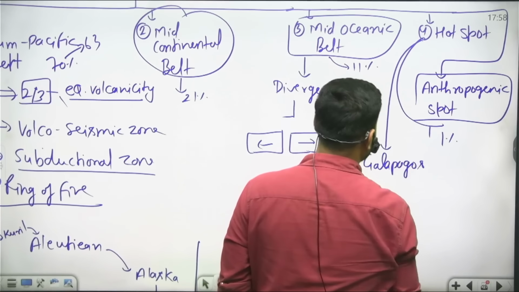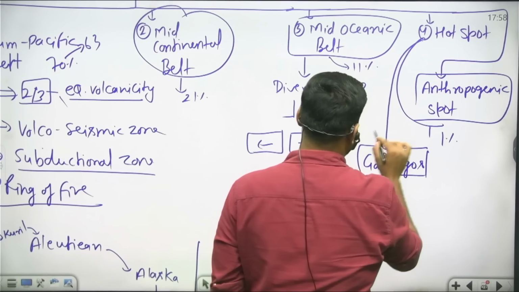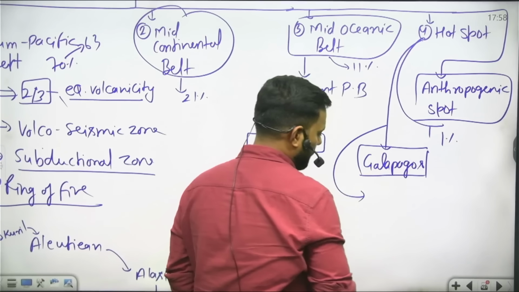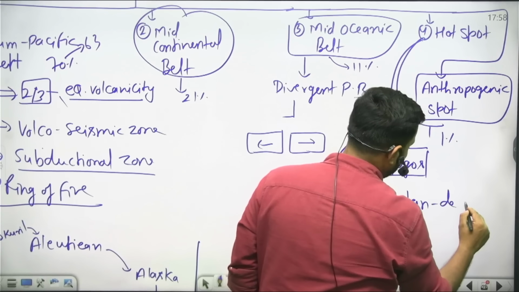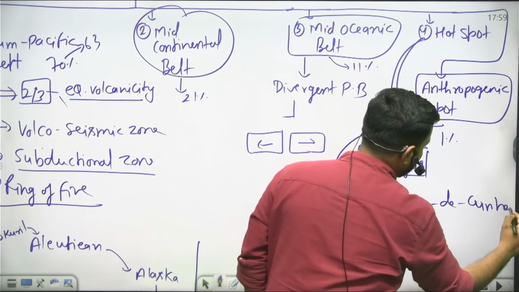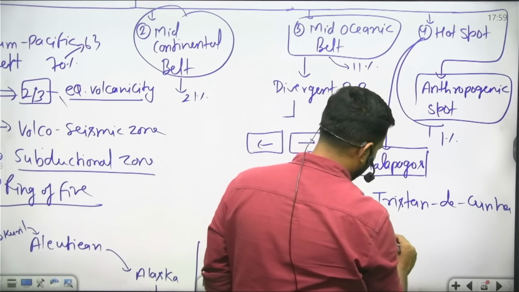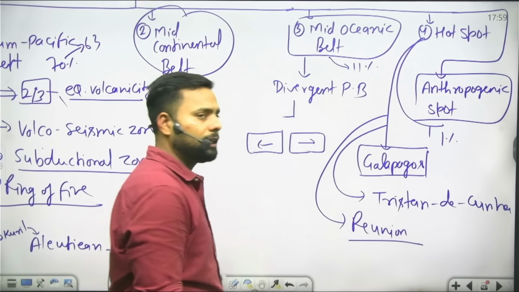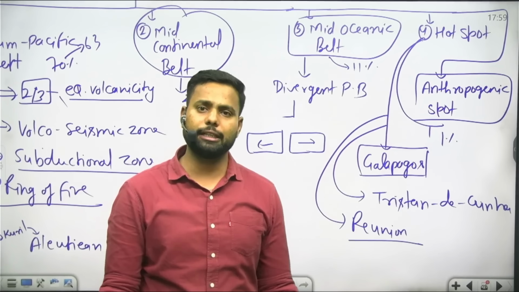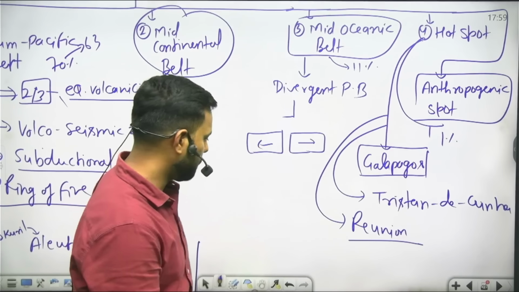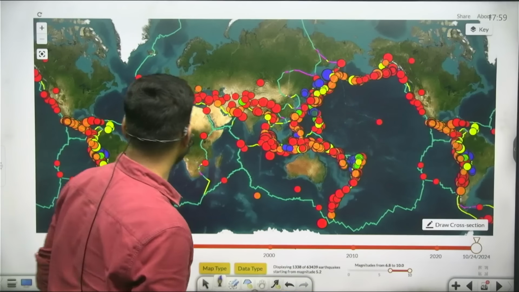इस पे एग्जाम्पल कुछ लिख सकते हो, जैसे Galapagos Island in the South America near the Ecuador in the Pacific। एक तुम अटलांटिक का भी ले सकते हो, जैसे Tristan da Cunha near the Brazil in the South Atlantic। एक इंडियन ओशन का भी ले लो, Reunion hotspot। These are the examples। Anthropogenic spots are those like Himalayas are the example, a recent live example of anthropogenic spots। Okay, now we are again just showing on the map।